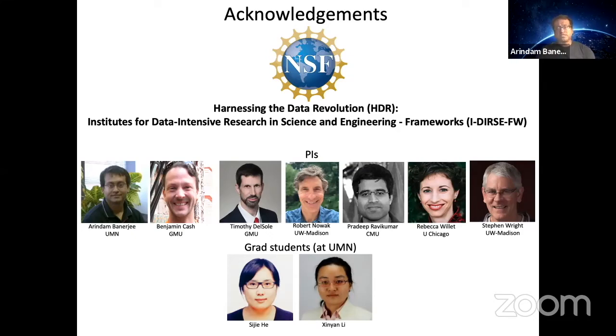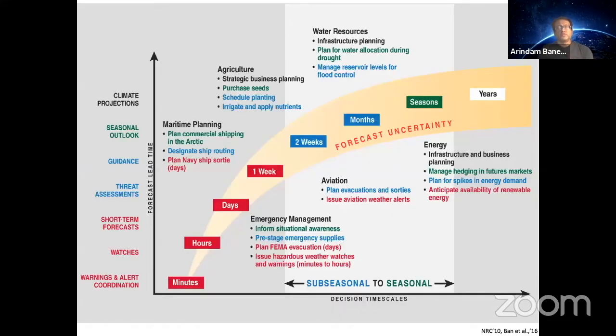So subseasonal climate forecasting. If you think of these time scales, we typically often talk about weather forecasting. That would be typically the next 7 to 10 days. The next phase, let's say the 2-week to 2-month period, is what we would call the subseasonal period. And we are interested in forecasting key climate variables like temperature and precipitation in the 2-week to 2-month period. So this has been difficult, right?